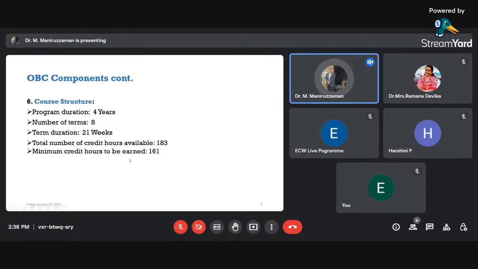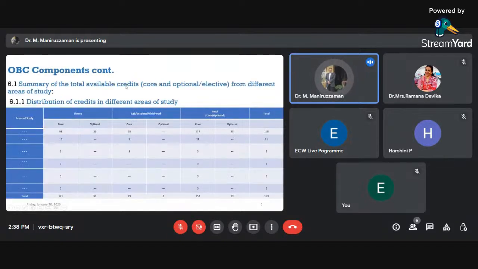The seventh component here, 6.1, you see I have elaborated on. 6.1 is the summary of the total available credits. We may have both core and optional elective courses, and I have shown the credits. I have just distributed the credits according to the core and optional courses. You can have a look at the